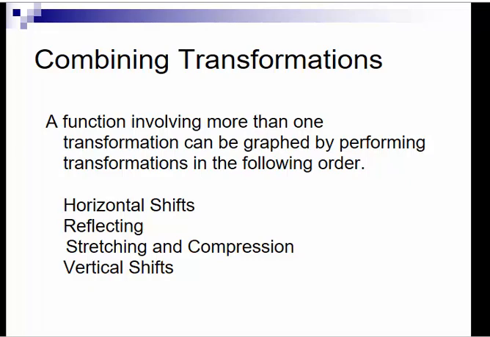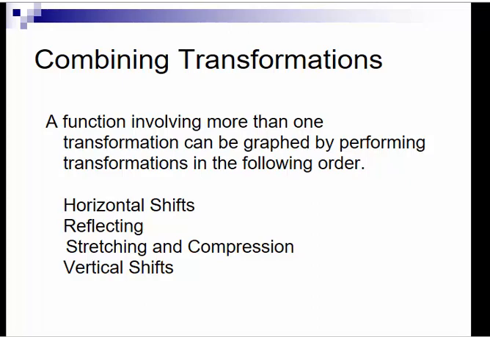If you're trying to create a graph from a set of transformations, there is an order of operations you have to follow. It's very similar to normal orders of operations. You work from the inside out, but because of the way we evaluate functions, you have to be a little careful, especially when there's more than one thing going on inside the function. If you have, say, a reflection inside and a horizontal shift, you have to do the shift first,